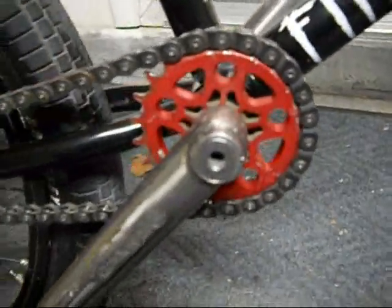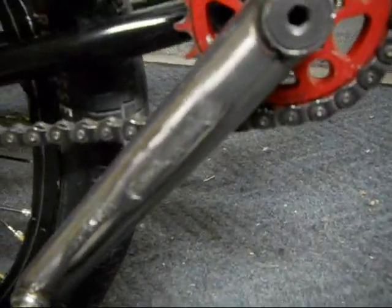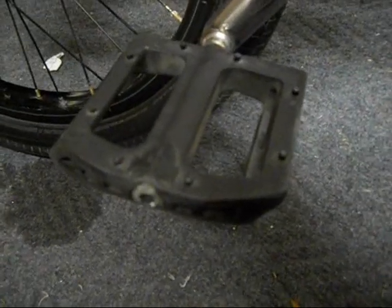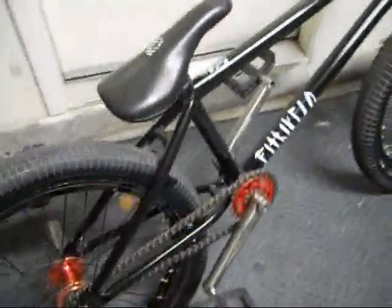In the middle, got Primo Annihilator 23 tooth, Shadow Interlock chain link, Profile GDH cranks, Premium Slim pedals, S&M seat clamp XLT, sorry, the XLT is stupid. Fit stump post, I think, yeah, Fit stump post, integral seat, and then in the back we got Primo Mix